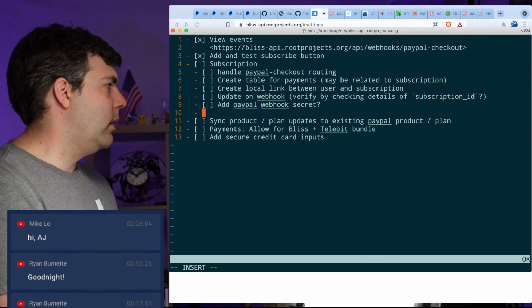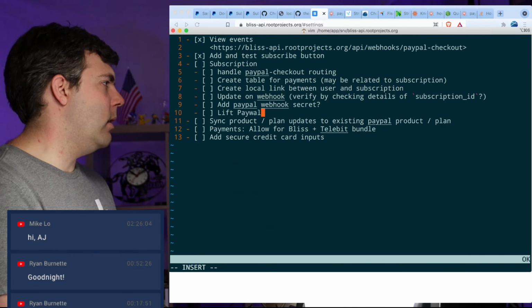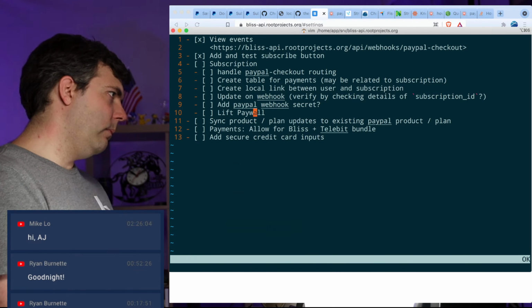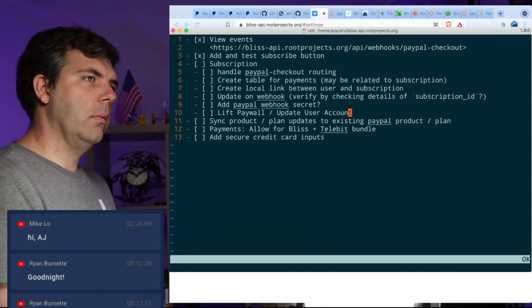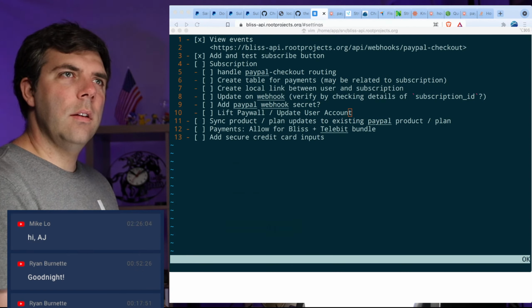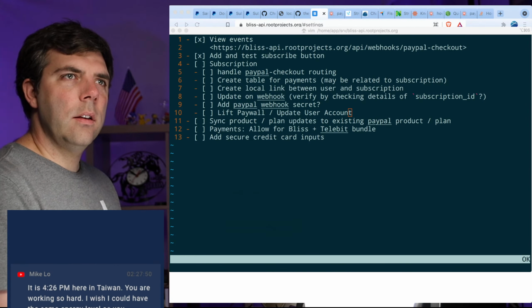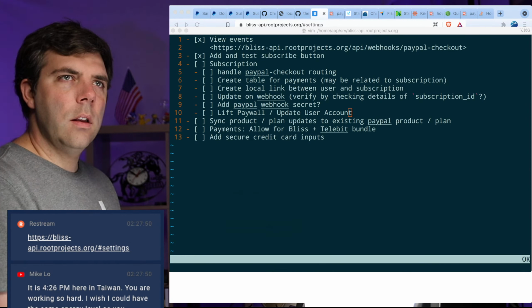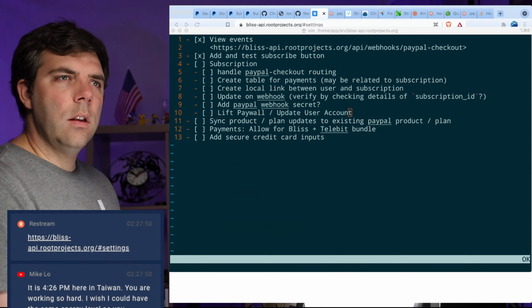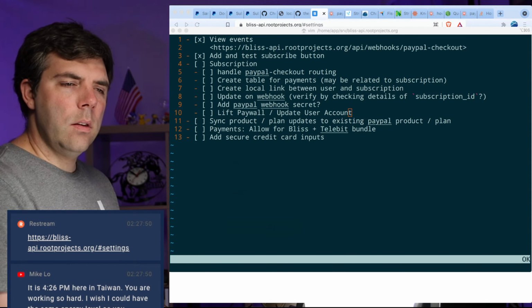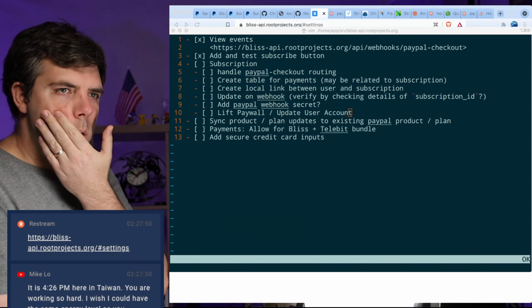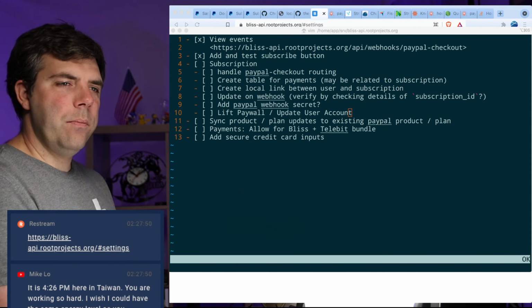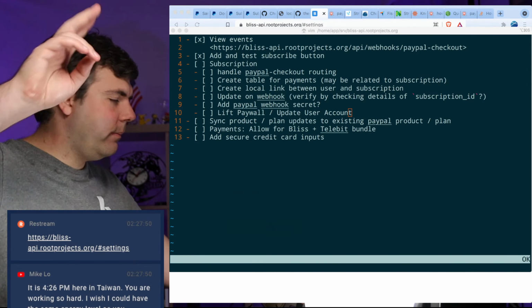So, lift paywall. But it's all coming together. Anyway, adios.